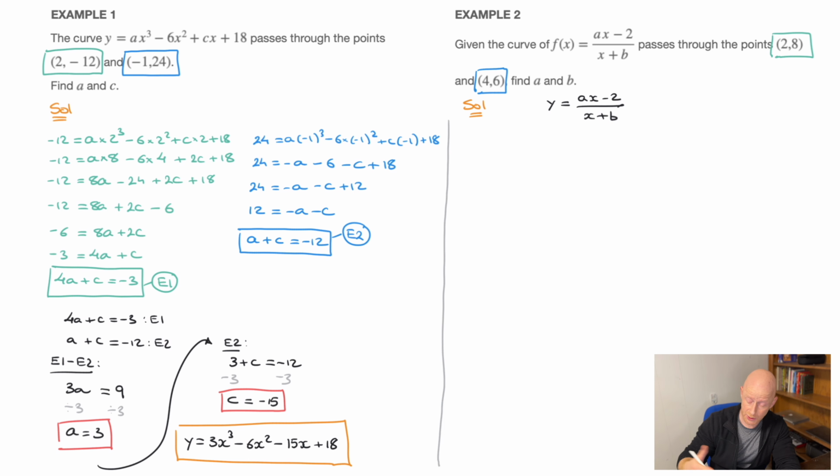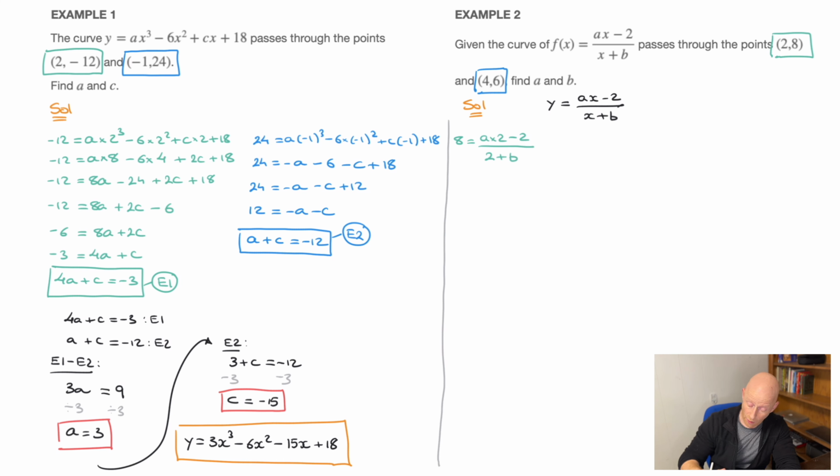So let's go ahead. I'll start with the first one here with coordinates (2, 8). Since this curve passes through the point with coordinates (2, 8), that tells us that if we replace the x's we have here by 2, then we must replace the y that we have on the left-hand side by 8. And so if I do that, that would be 8 equals (a times 2 minus 2) over (2 plus